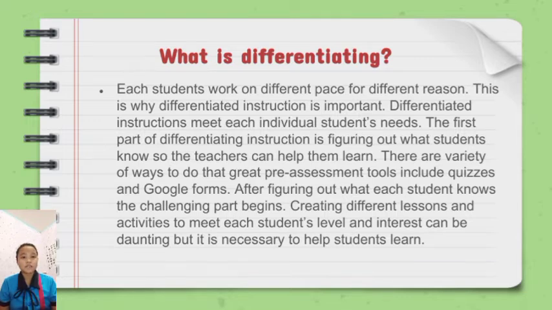The first part of differentiating instruction is figuring out what students know so the teachers can help them learn. There are a variety of ways to do this. Great pre-assessment tools include quizzes and a Google Form. After figuring out what each student knows, the challenging part begins. Creating different lessons and activities to meet each student's level and interest can be daunting, but it is necessary to